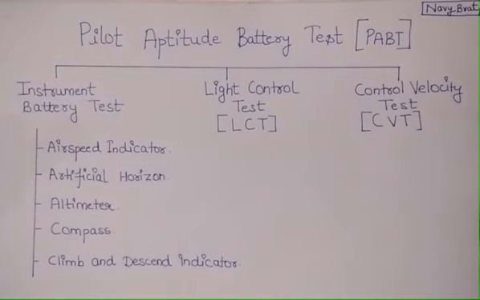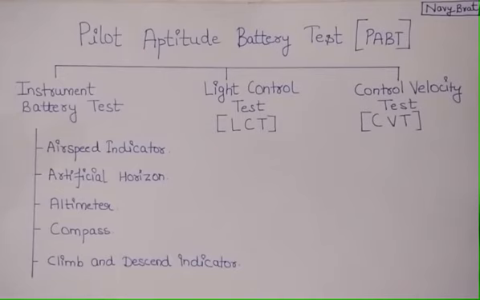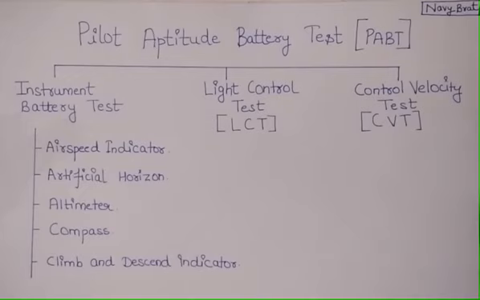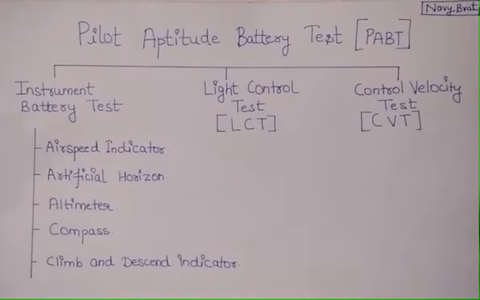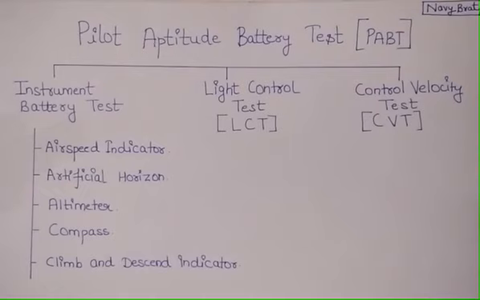The next one is the artificial horizon, or you can say the attitude indicator. This indicator displays the airplane's pitch and the airplane's banking. Pitch means when the nose of the airplane goes up and down. When the wings of the aircraft tilt towards right or left, that position is called banking. The attitude indicator, as its name suggests, indicates the attitude of the airplane relative to the horizon. So let's see how it looks.